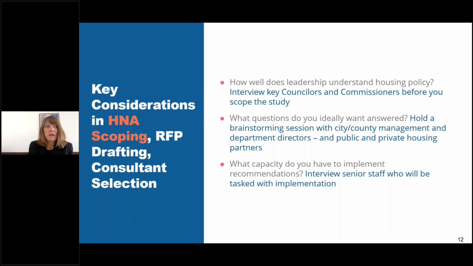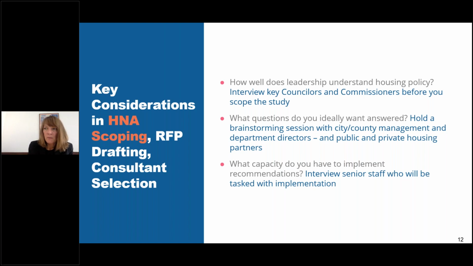The second question I would say is the most important one and probably the hardest one to ask of really, really busy staff and communities right now. What questions ideally do you want answered? I would hold a brainstorming session, both with people who are on the front lines, who are getting those calls. I'm about to be evicted. What do I do? Who do I call? To your senior planner who's getting pressure to figure out how do we think about encouraging affordable housing products through our code, so that you understand the range of what you'd like answered in the